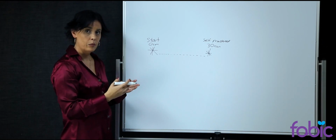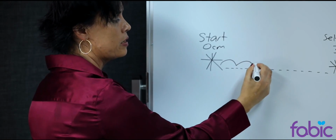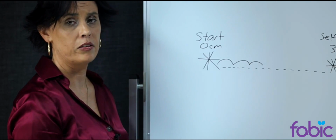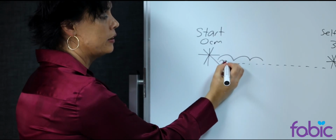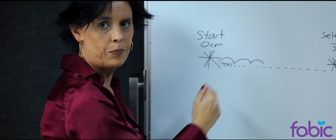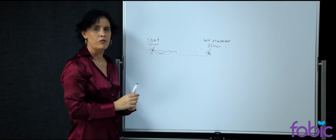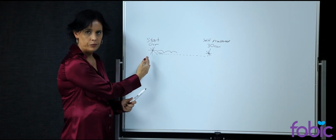But again, comparison is something we need to address here. Because we might have a person who's capable of taking steps that might be this big. But we might have another person who's still equally keen to leave 0, to start developing the skills that are required and to go on their step-by-step process. But they need to go at smaller steps. Not as a judgment, not as a comparison, because all that's required is that people are leaving 0. So when we're a teacher, our role is to observe the person and say what size step is required for that person so we can set them up for success. So we can set them up for being willing to move along here